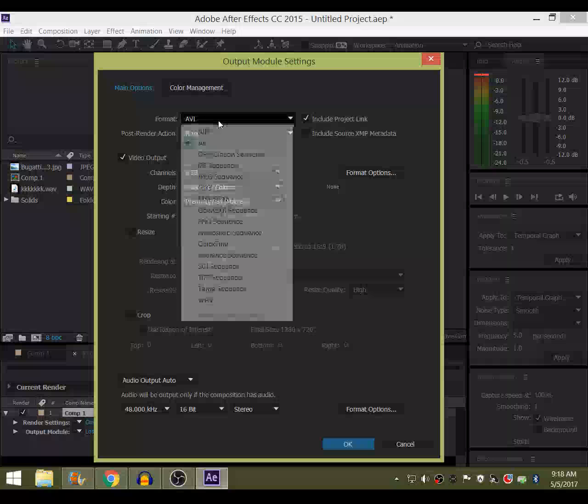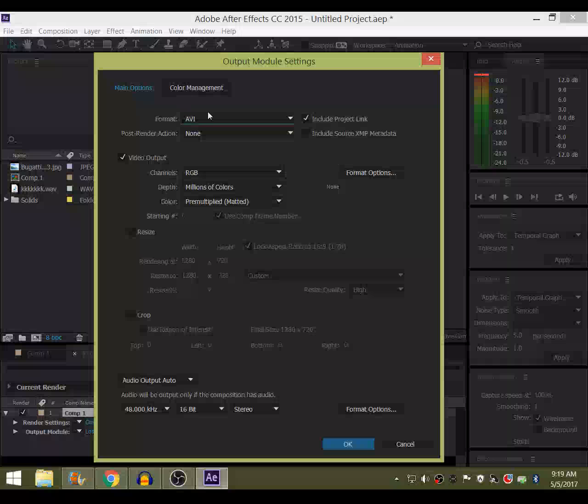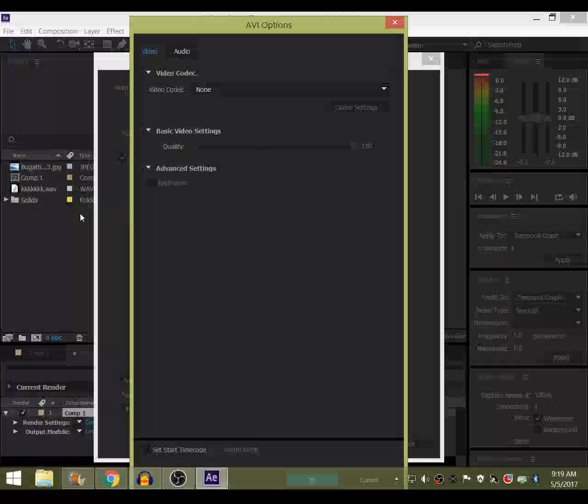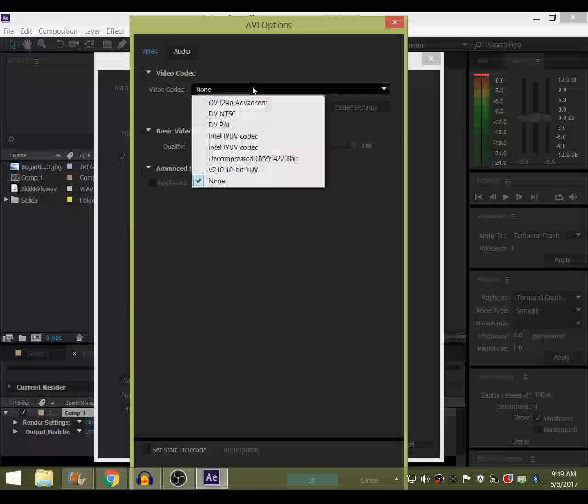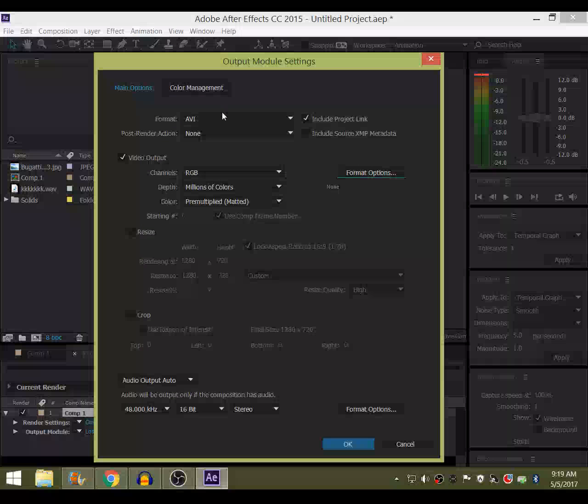So we need to select format in here. As you realize here, let's take a look at this in AVI. With AVI, you're not able to do very much. If you come down here, there's barely anything that you can do. Okay, look at this, seriously, there's only like 8 things that you can do. It's ridiculous, seriously. But when you select and install QuickTime,